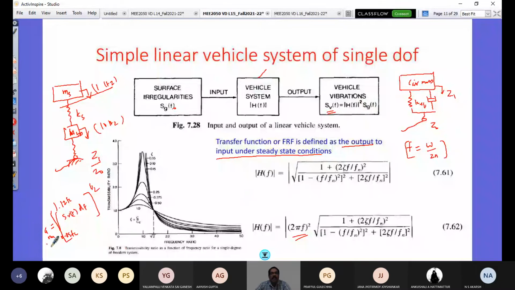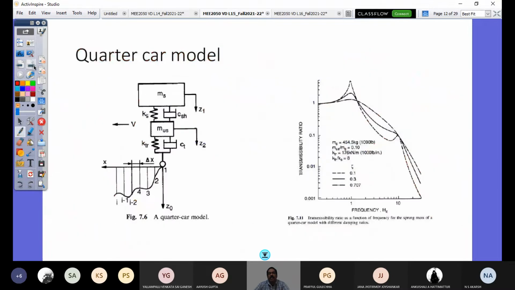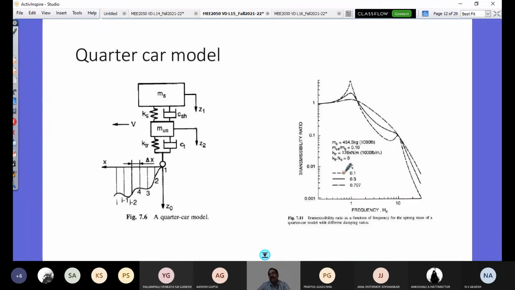So let's now look at how do you get this SV of f. So for that, what to do? How do you understand our road profile? So I'm going to explain you that. Also see that here in specific, I have this quarter car model. So you can see here